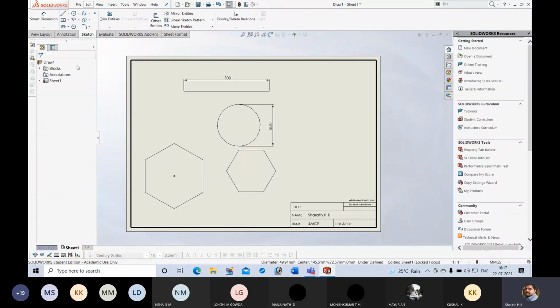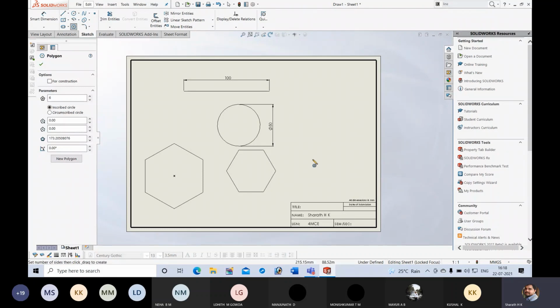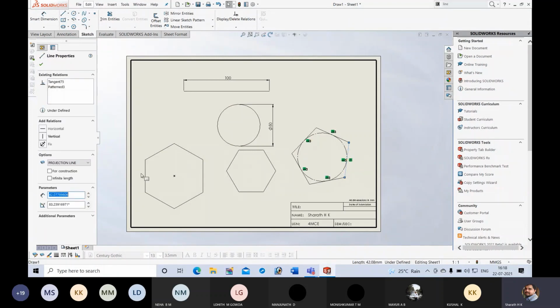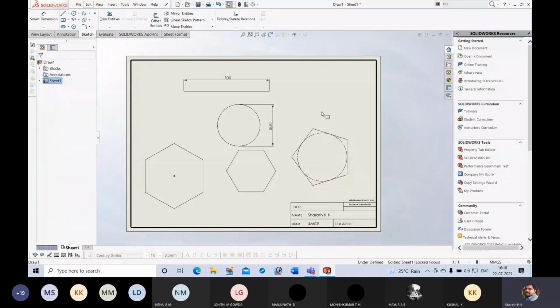Next, if you want to draw a pentagon, click on the same command, polygon. Instead of 6, type the number of sides as 5. Suppose it is resting on an edge, I should get the resting edge towards the right. Click on this edge and in add relation, make it vertical like this.